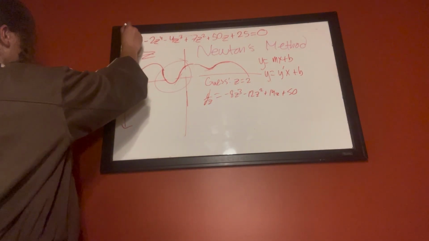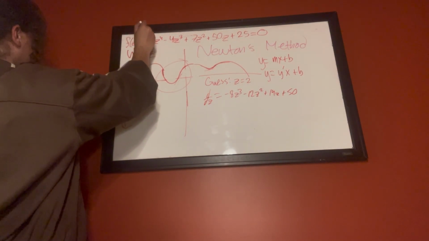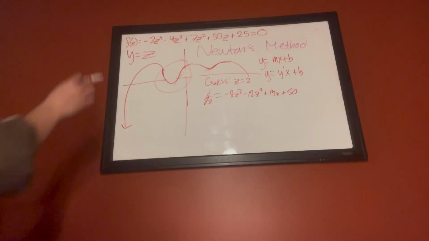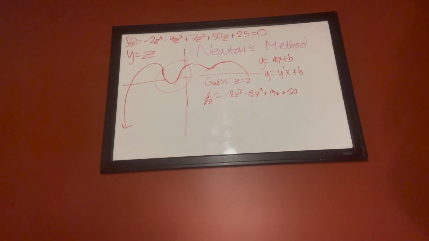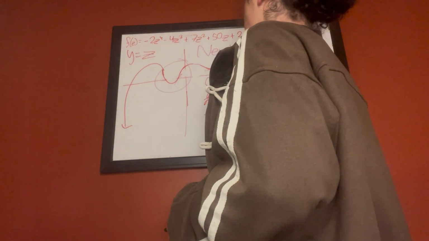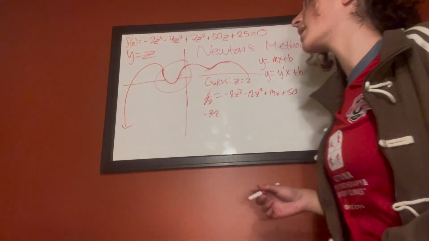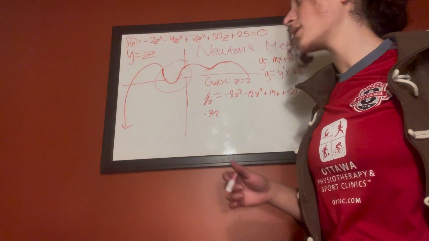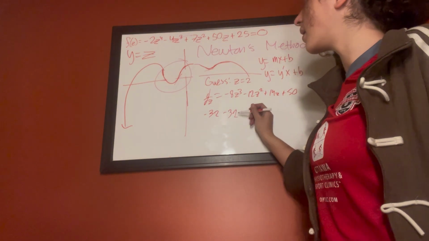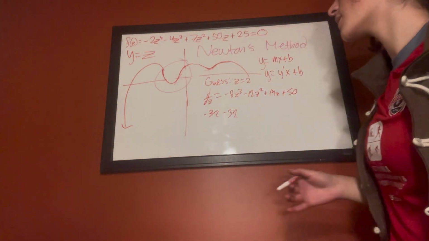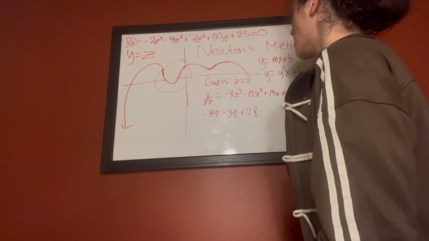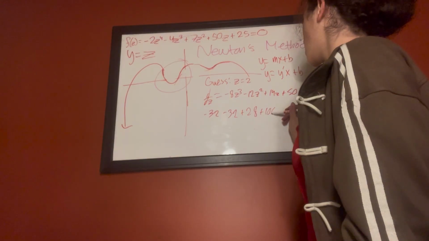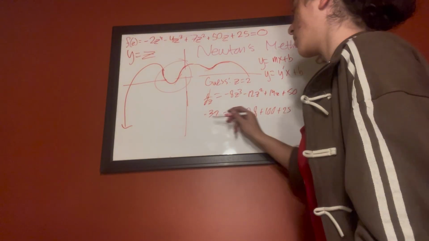So let's just call this f of z. When z is equal to 2, what will I have? 2 to the 4 is 16, times minus 2, so that's minus 32. 2 to the 3rd is 8, 8 times minus 4, that's also minus 32. 2 squared is 4, times 7, that's 28. And 50 times 2, that's 100. And then plus 25. So f of 2